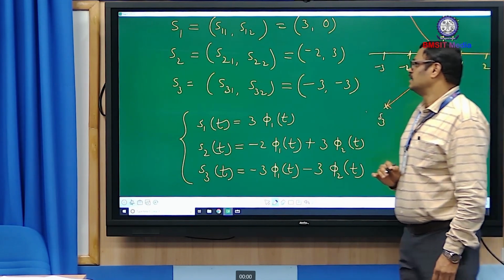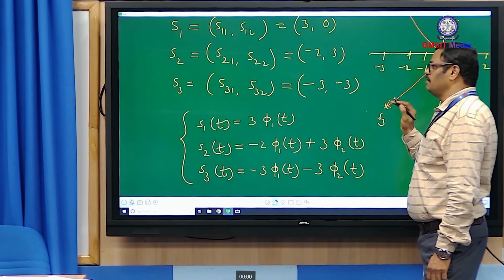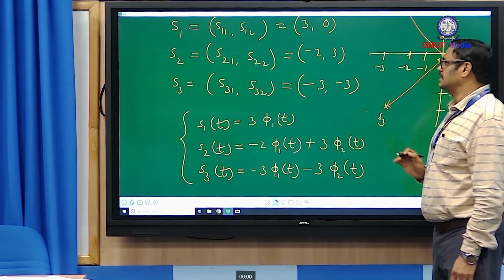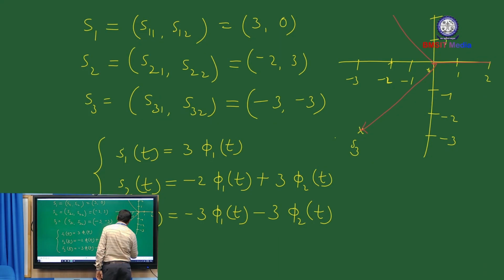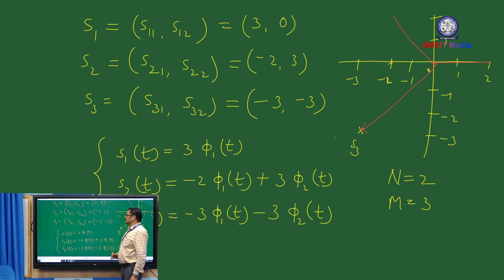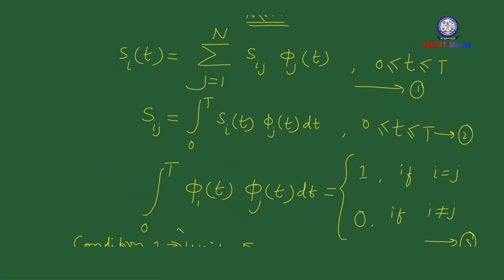How do we construct the signal constellation diagram and how do we express the given signals in terms of the orthonormal basis functions? So here the value of n is 2 and the value of m is 3, because I have 3 signals and 2 basis functions. So now let us try to